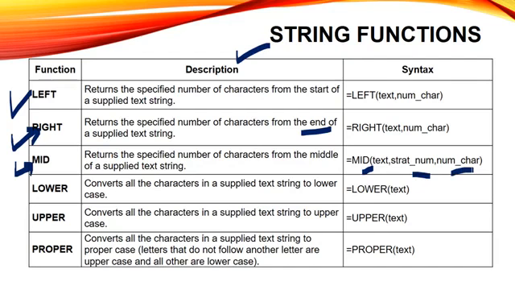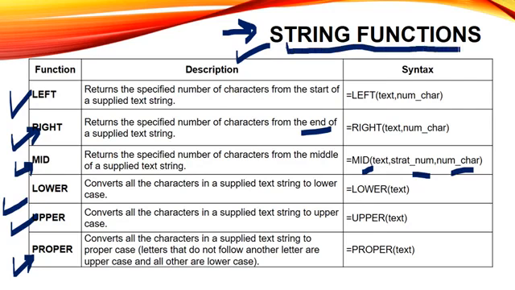Fine. Next we have the lower function and upper function. These are generally used to convert our text into the lower case or into the upper case. Then next we have the proper function. This proper function is generally used to write our sentence in the sentence case. As you can see over here, this heading is written in the uppercase only. Now let's suppose you want to write this heading in such a way that only this S will be in the capital case, whereas all these other characters will be in the small case. This is termed as the proper case or the sentence case, and for that we can use this proper function.